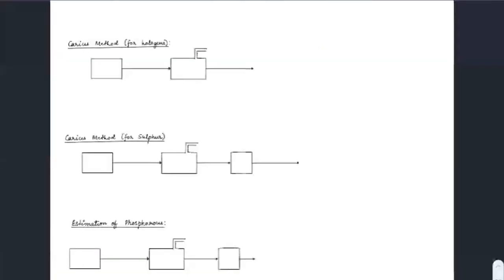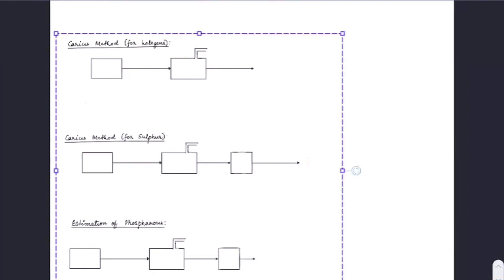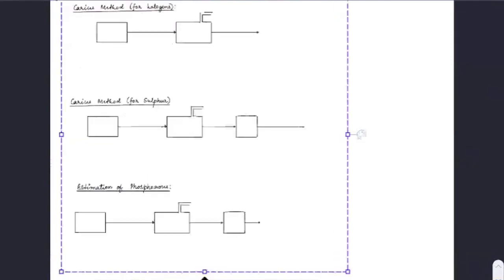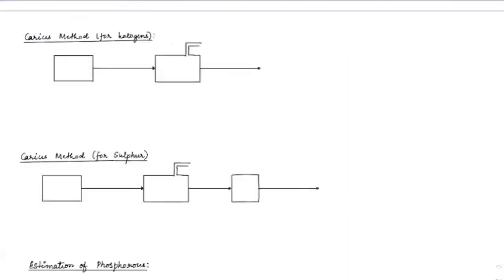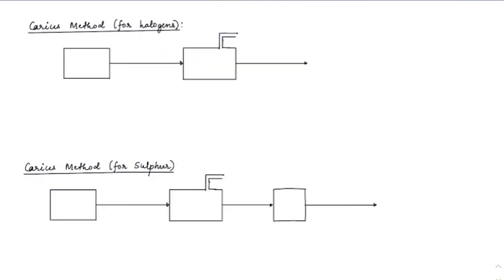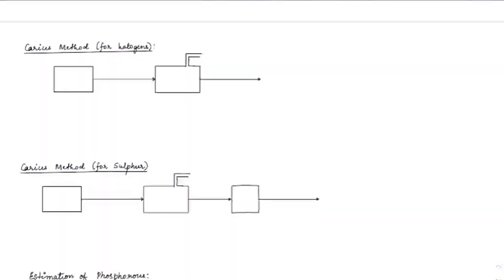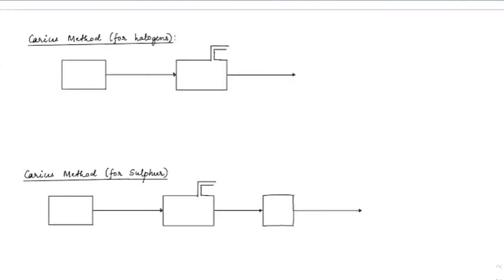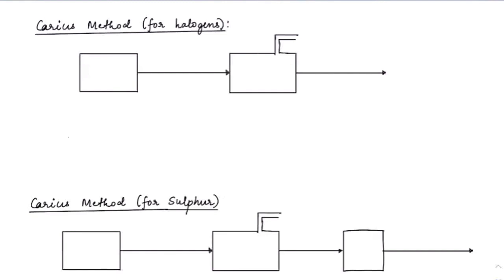So far in IIT JEE, in so many years of JEE Mains or Advanced, only Kjeldahl and Dumas have been asked. All of these other methods are rarely asked, whether it is the Carius method of halogen, sulfur, phosphorus. We'll touch them because they are in the syllabus, but they haven't been asked so far. Right. Next one is the Carius method for halogens, sulfur, and phosphorus. Let us see the Carius method.